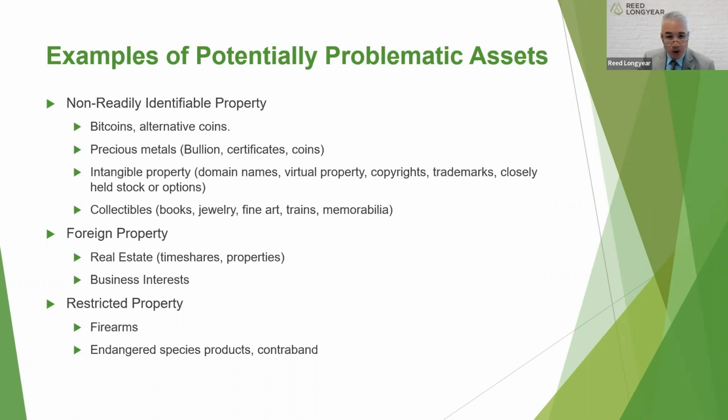Next is foreign property. This is one of the things that we are seeing so much more of recently and has become more prevalent, especially with the increase in remote work opportunities that allow people to work in far away areas. This has allowed them to look around and potentially purchase real properties, such as timeshares, condos, and houses in far-flung locations, and even rent them out as Airbnb locations and obtain profit there as they continue to live this digital nomadic lifestyle,